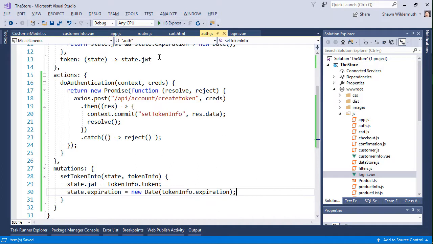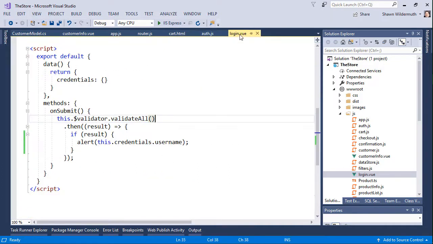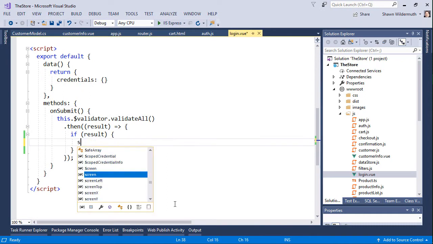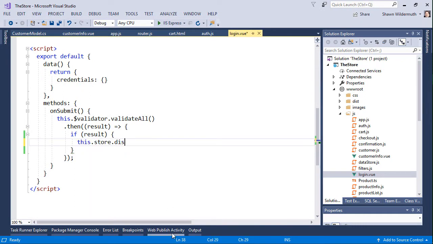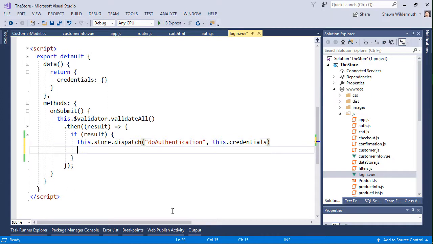With all of this working, we should be able to go back to the login view and replace this with this.$store.dispatch, so we can call that action, doAuthentication. Should have made it shorter so I don't misspell it in front of you so many times. And just call this.credentials. So pass into the authentication the credentials that we just collected, and then we can do a then and a